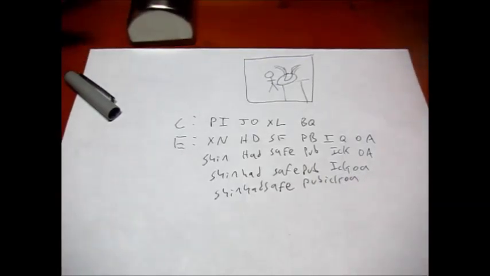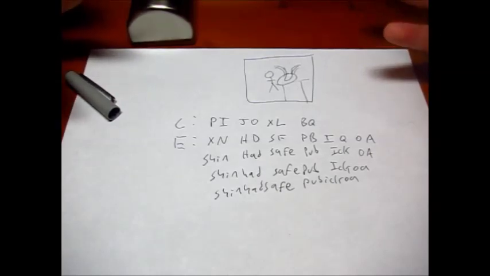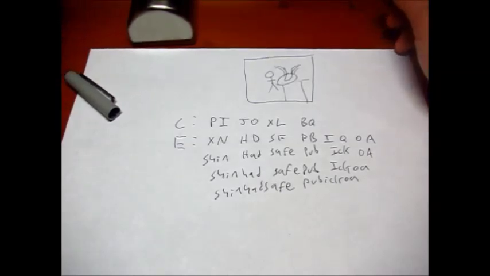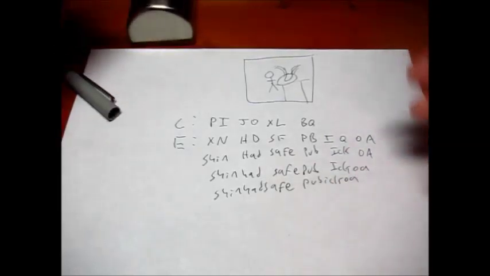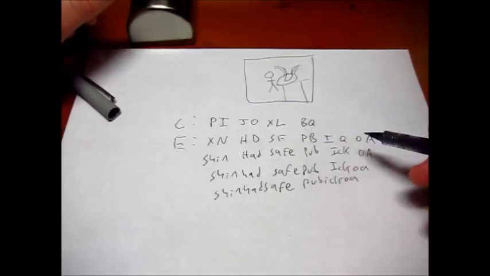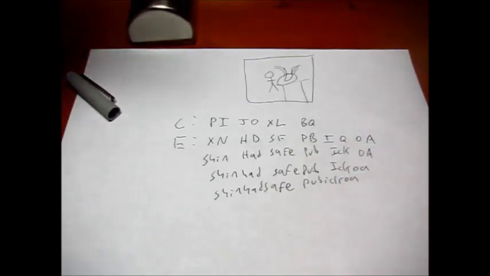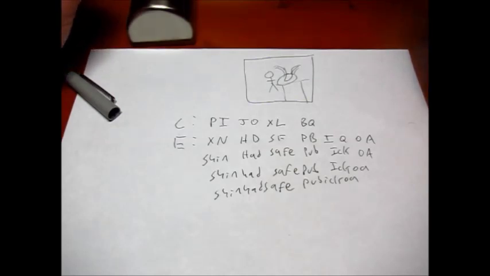And so really it's just a question about what rhythm works the best for you. I would just go through these sounds, and I would either end up with "shin had safe pub ickoa", and then I would execute the edges, or I would end up with "shin had safe pub ickoa" in the other grouping, and then I would execute the edges as fast as I can. And so either way that you're doing it,